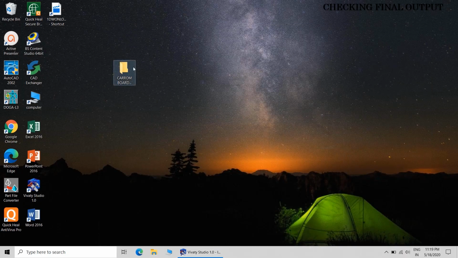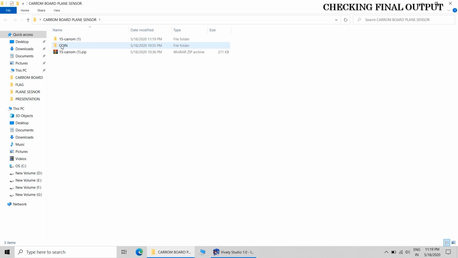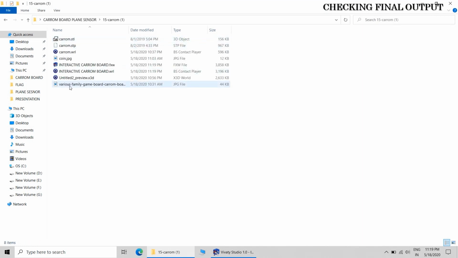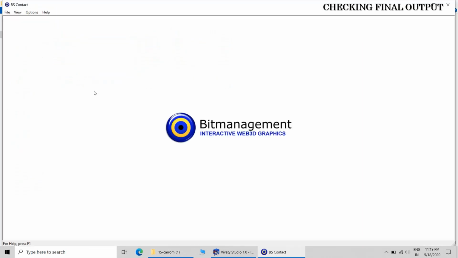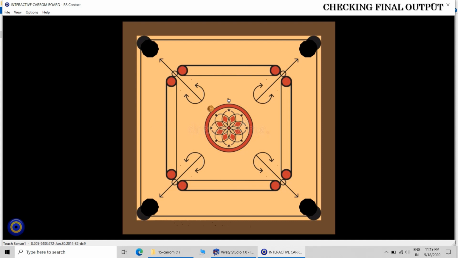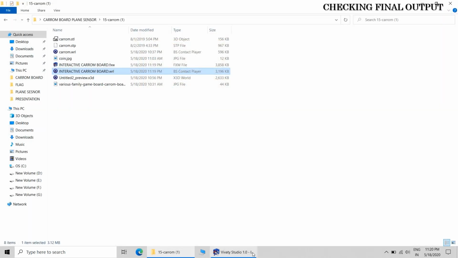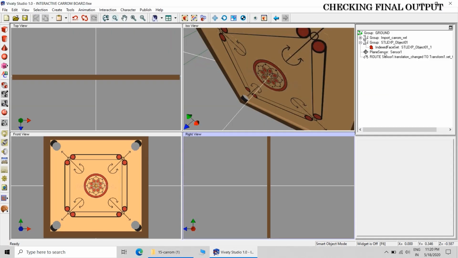So that's all. And you can see that the coin is very small. You can increase the size of the coin. Of course, it is moving perfectly on the surface. Only the problem is with the size of the coin.